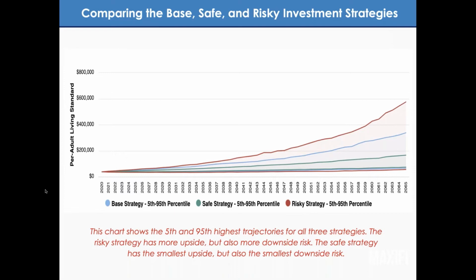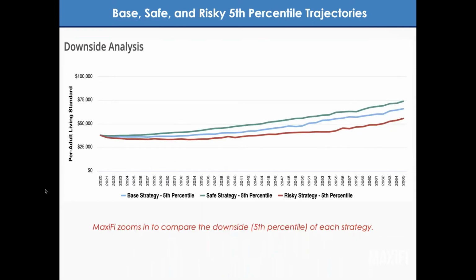Let's focus in on that downside for a second, because this is something we are quite worried about. You can see that there is some real downside on the red curve. It's not so much later in life, but in the middle of life. That living standard is probably 15-20% lower than it starts out at. So there is some real living standard risk here associated with investing in the risky strategy, even though this couple,